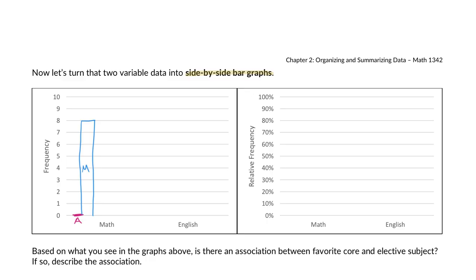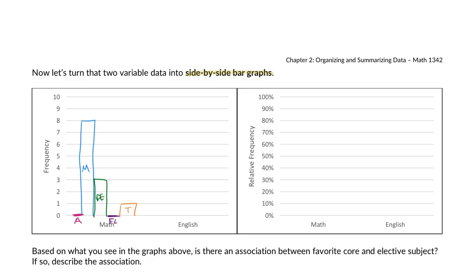I can then draw a rectangle that represents the 3 people who picked athletics and math. And I'm going to use PE here because we already used A for art. We then had 0 people pick foreign language and math. And we had 1 person pick technology and math. So we have our frequency distribution for this variable.